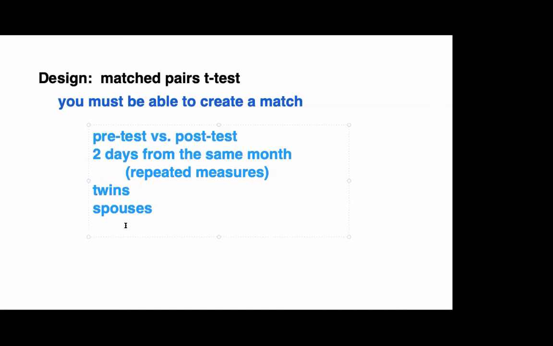Twins and spouses are collecting information from individuals, and they're distinct individuals, only connected with each other because of the relationship that twins have or the relationship that spouses have. Now, the term matched pairs actually has a bit of history with it. The idea of a matched pair is that sometimes you can't use the same person for an experiment, because once you've done the experiment on them, you can't undo the treatment.